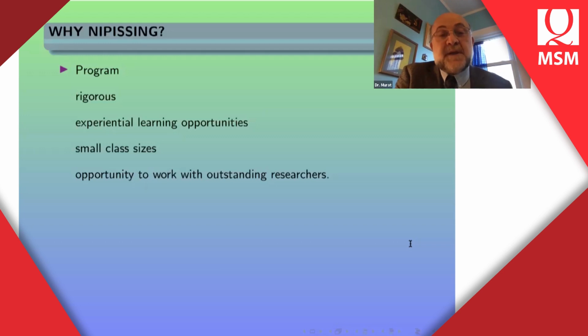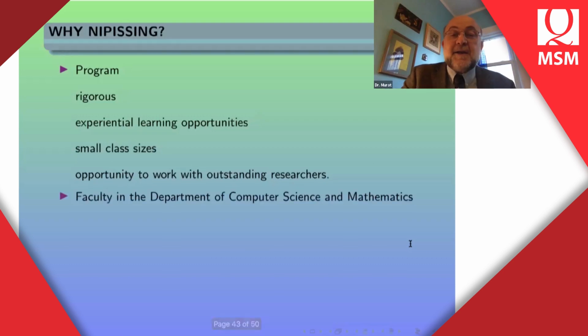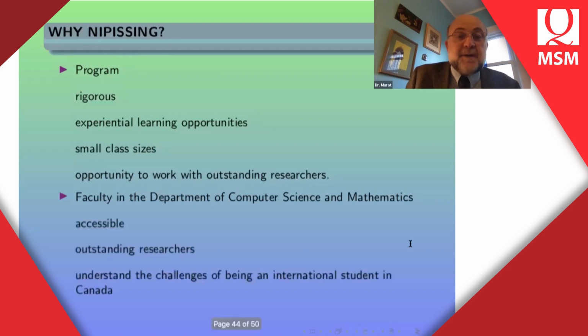Many universities will do the same, perhaps. But the last part is important: the opportunity to work with outstanding researchers. Because of the way that we are in our department, and the close connection that we have with our students, it puts us in a very direct relationship with our students. And when I say faculty in the Department of Computer Science and Mathematics, it becomes crucial to complement the program and the features of the program. We are accessible, we are outstanding researchers, and given the background that I gave you of who we are as faculty,